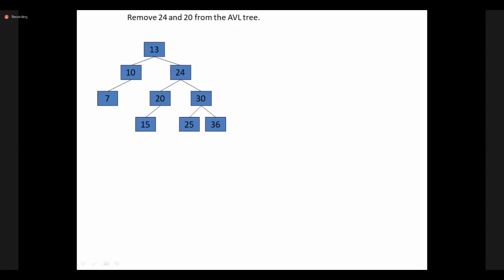When a deleted node has two children, what are the rules? There are two rules I told. Minimum from right, or maximum from left. Inorder predecessor or successor. Okay.